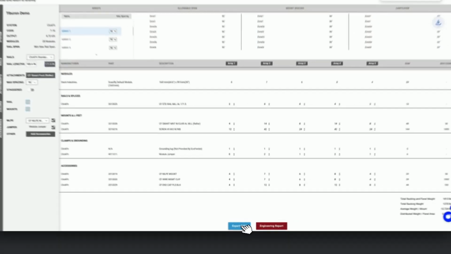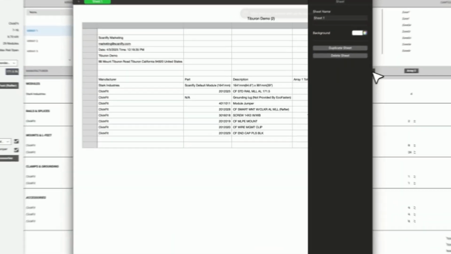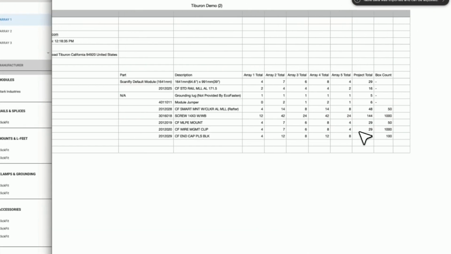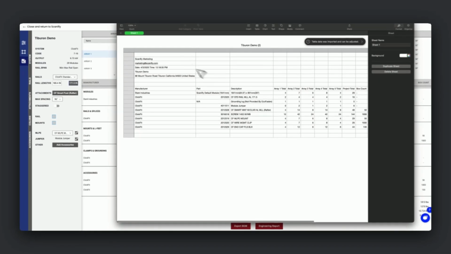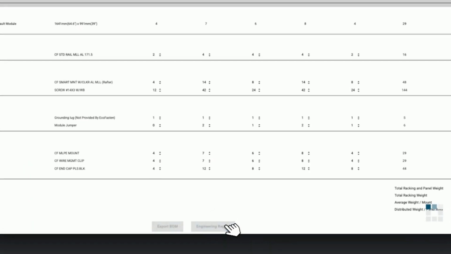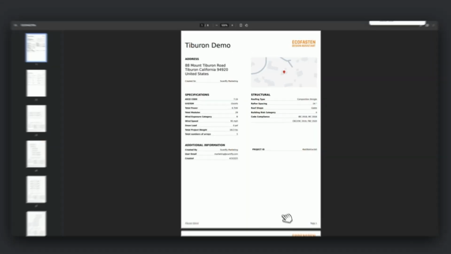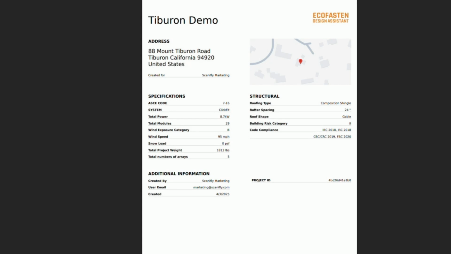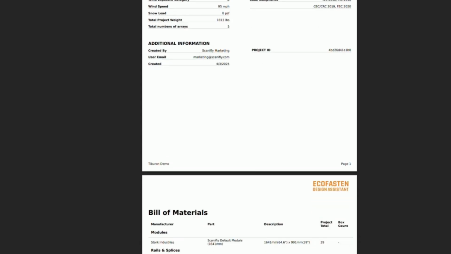Once your selections are complete, generate your bill of materials with a single click. Your comprehensive BOM and engineering report is now ready for installation teams with zero manual rework required. This entire process takes minutes instead of hours and ensures that what you design will always fit perfectly on install